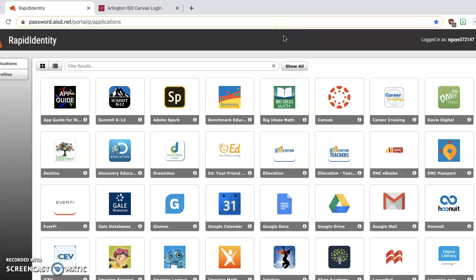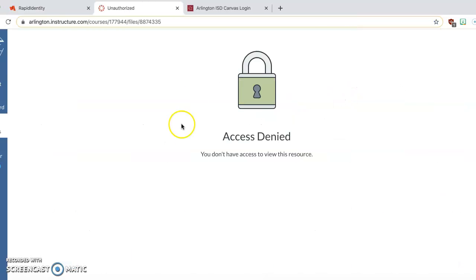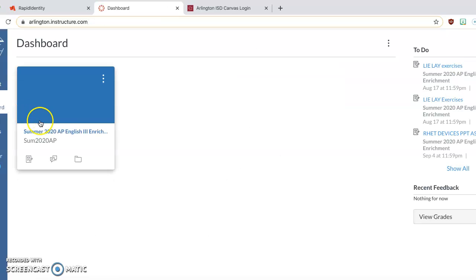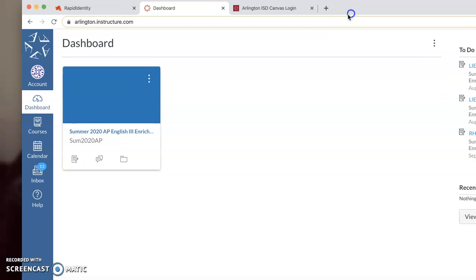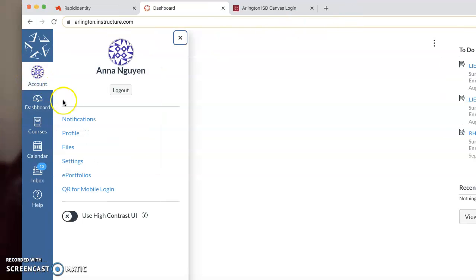In this video, I'm going to show how parents can find parent codes under their student's account. So first, the student needs to log into their Canvas course through Rapid Identity. And then here on the dashboard, they'll see what courses they've been enrolled in. But what they need to do is click onto their account, go to Settings,